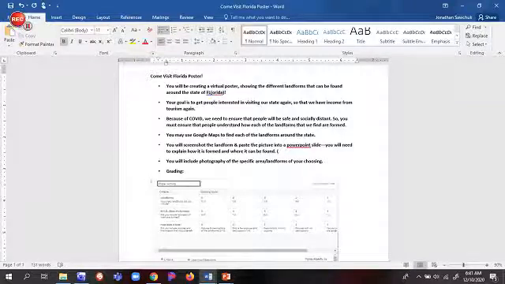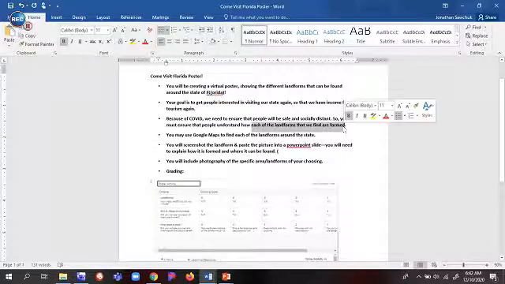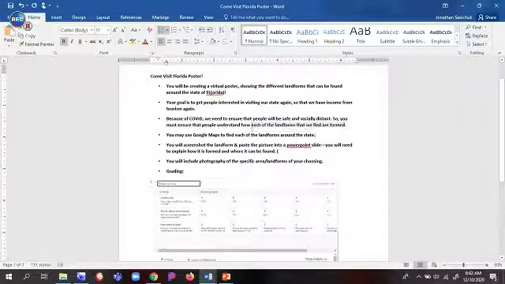Your goal is to get people interested in visiting our state again so that we will have income from tourism again, get people jobs back. Because of COVID, we need to ensure that people will be safe and socially distant. So you are going to make sure that the people understand how each landform that we find is formed. This way they understand that they are outdoor and not indoor items, and they're able to understand the way that